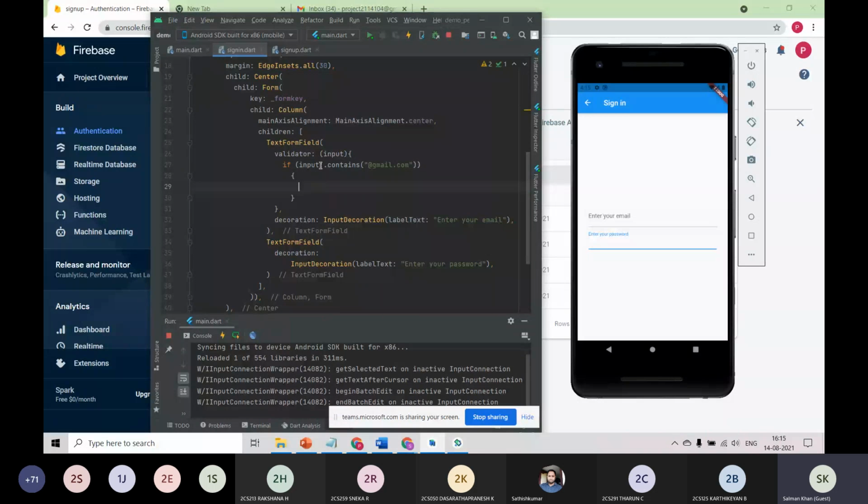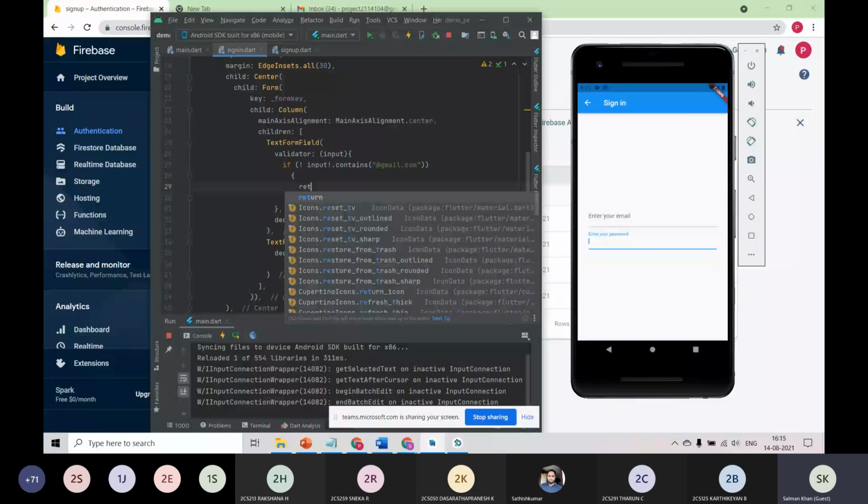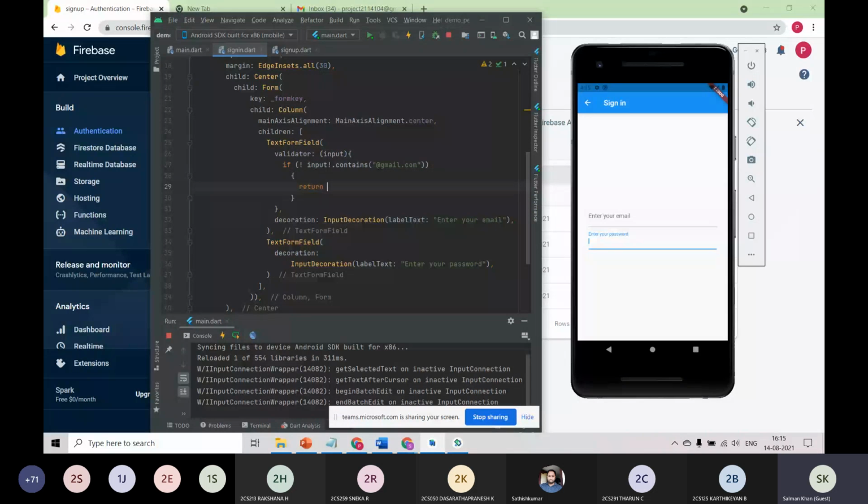You should make sure that whenever you call a method on a null variable without initializing it, type safety should be added here. And you can mention if the input does not contain at gmail.com, you can return enter a valid mail.